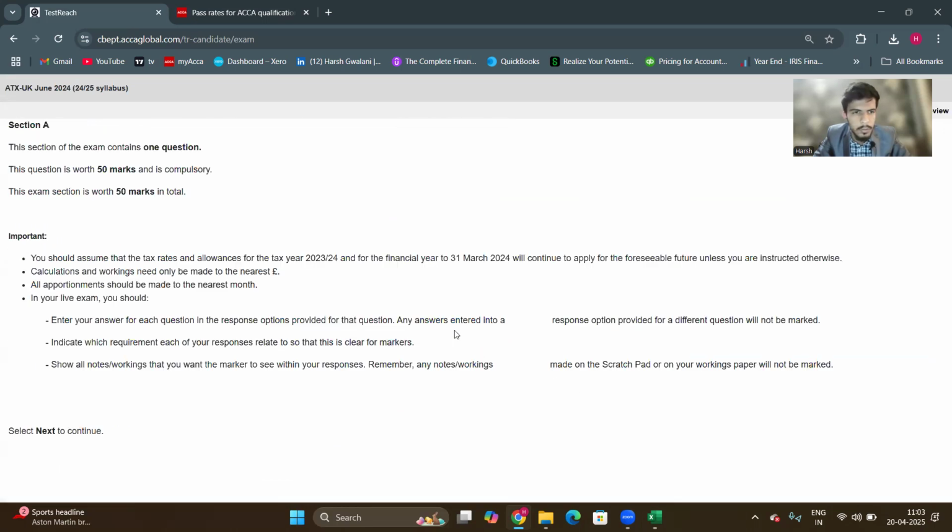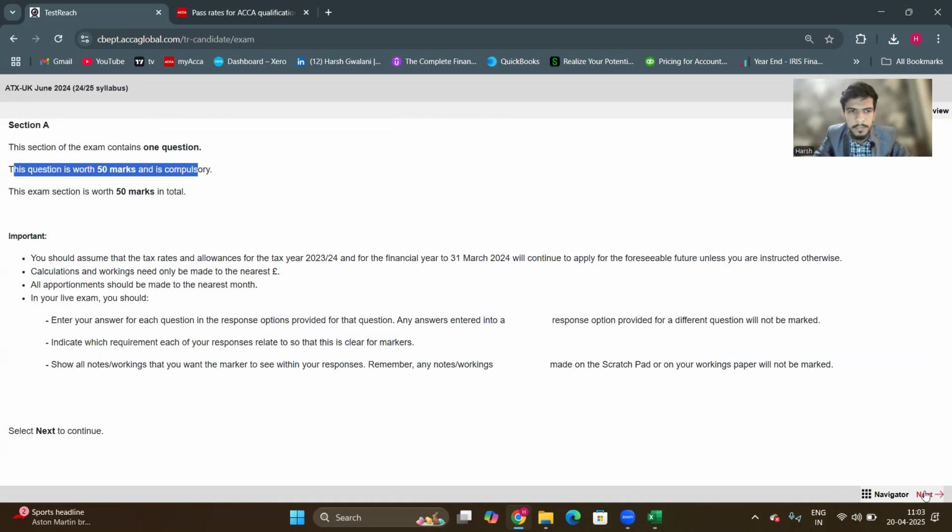Let's start it. See, 50 marks. Push section A, ठीक है।